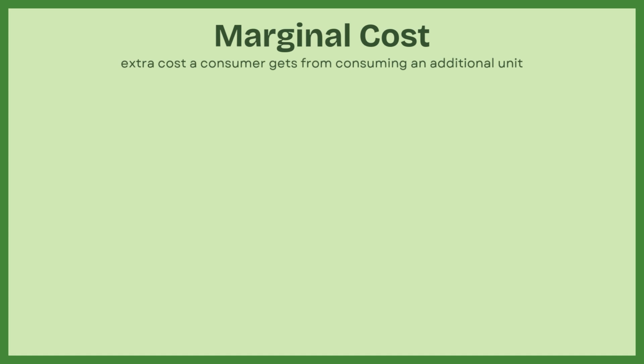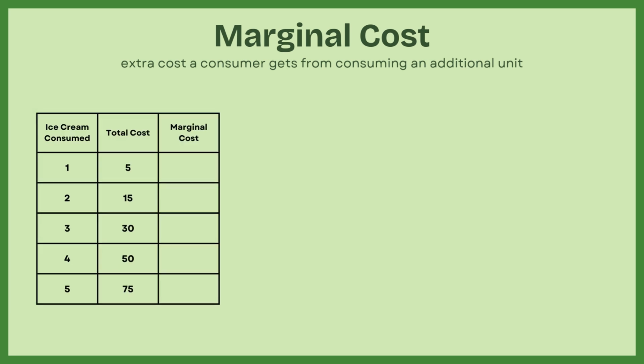Let's reuse the ice cream example. Here is the cost chart for consuming ice cream. Again, on the left we have the number of ice cream consumed, and in the middle we have the total cost as you consume more ice cream. We'll fill out the marginal cost column. Remember that marginal means a change in total, so marginal cost would be the change in total cost with each